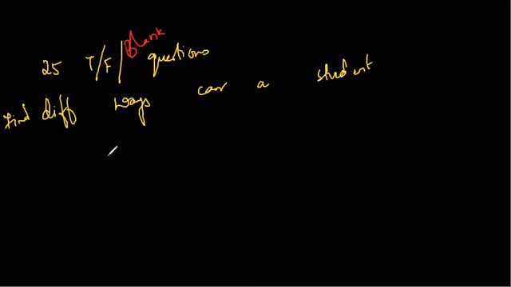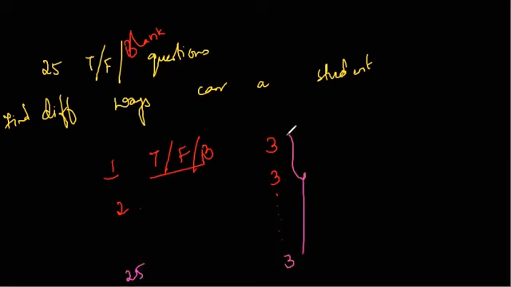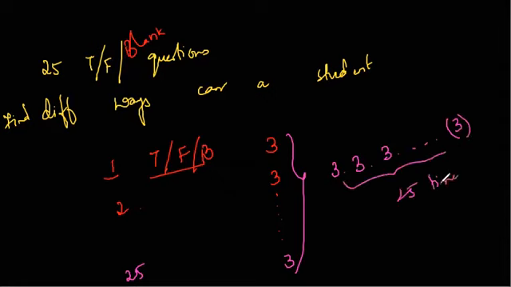For the first question, the answer can be written as either true or false or blank. How many choices do you have? For the first question, you have 3 choices. Similarly, for the second question, we will have 3 choices, and this will continue for all the 25 questions. Each and every question has 3 choices. Now, by the product rule, it will be 3 into 3 into 3 and so on. How many times do we multiply it? 25 times. So the solution will be 3 power 25. So this is another question with repetition.